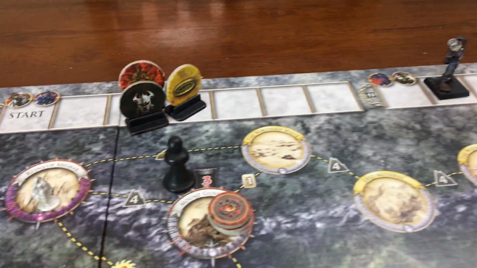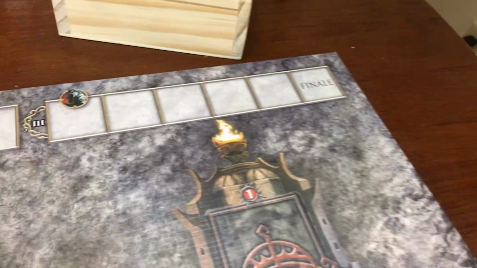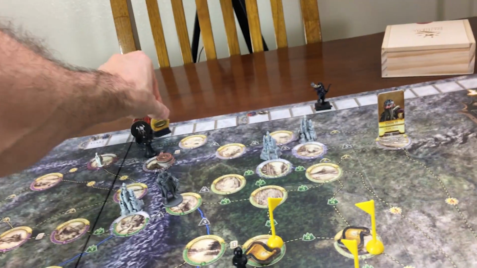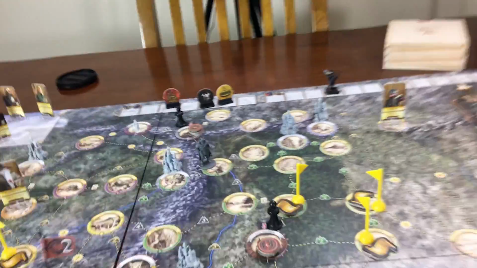All right, so we are now again in the story step, and look at how close they are to winning. This is like crazy. These guys move ahead too. Bam, look at that. You're right at the Shadow Falls area. And here we have the Hunt for the Ring moving ahead 2 and Corruption moving ahead 2. And then we have the plot step, which at this point, thank God,